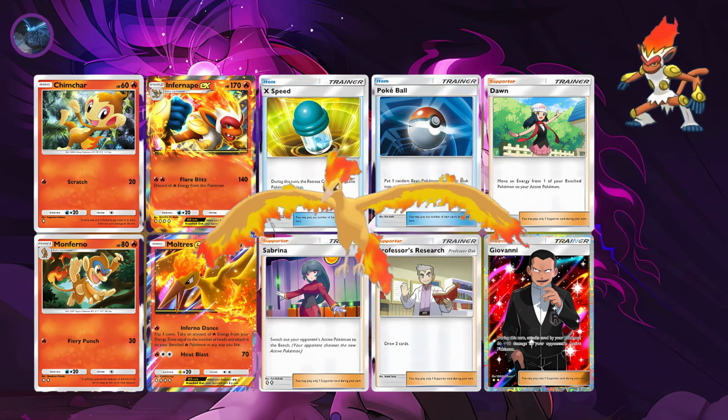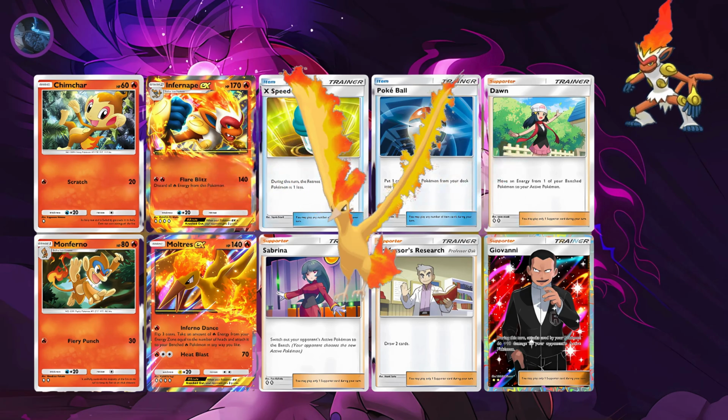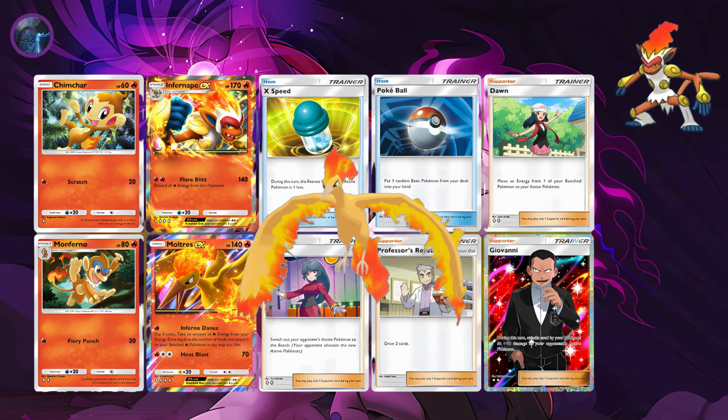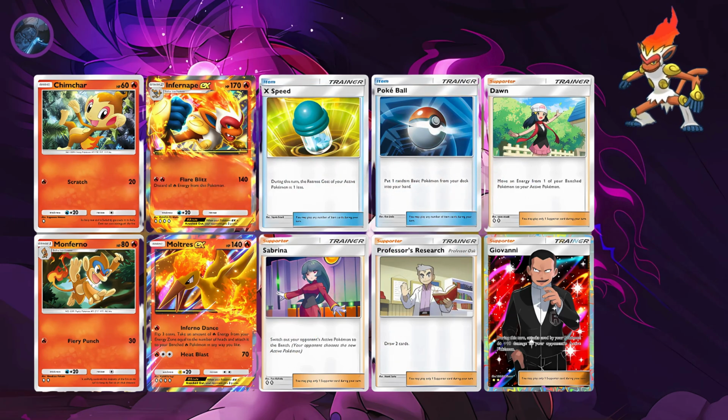So I feel like having a Moltres is very important in any fire type deck. Now, talking about this deck and how it plays and what the play style is, well, amongst me and my friends who are also playing Pokemon TCG Pocket, we have called this deck the Power Crept Charizard deck. And why we have called this is because this deck works the same as the Charizard deck, but it replaces